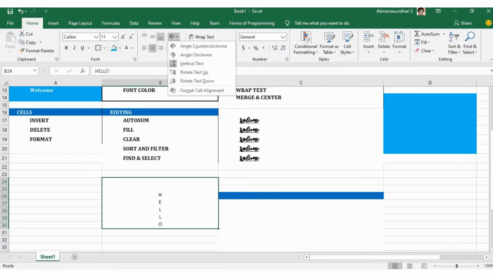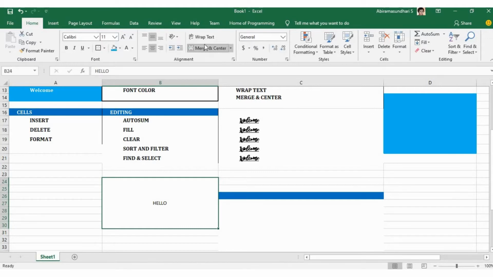After that we have options for rotating our cell, either in upward or downward direction. To keep it horizontal, we can just click on our text rotation in the upward direction, and I am going to keep the alignment for this particular cell as middle aligned.